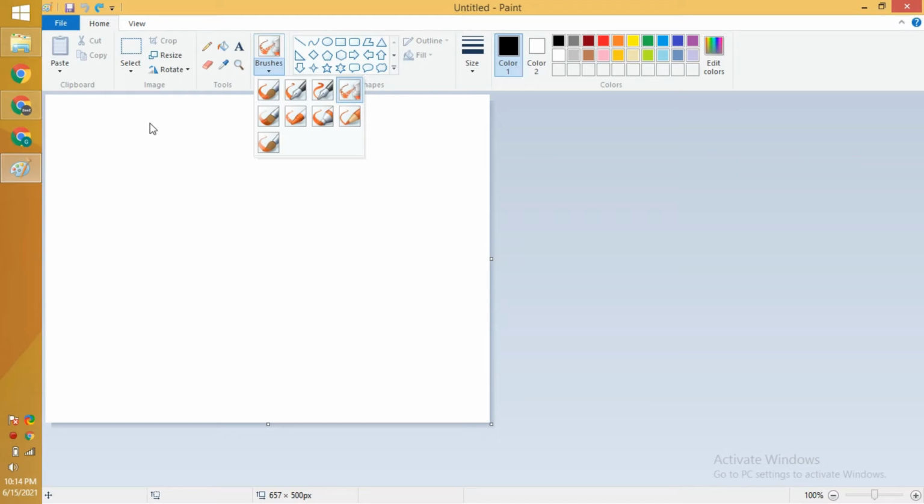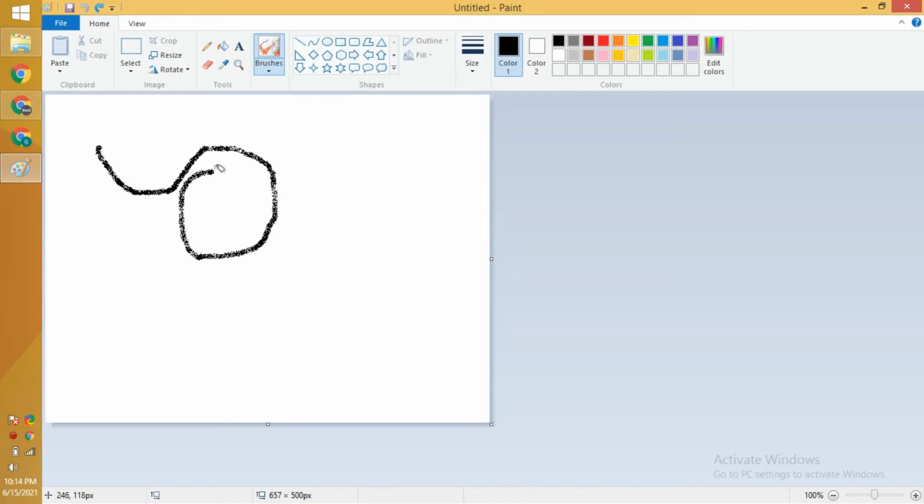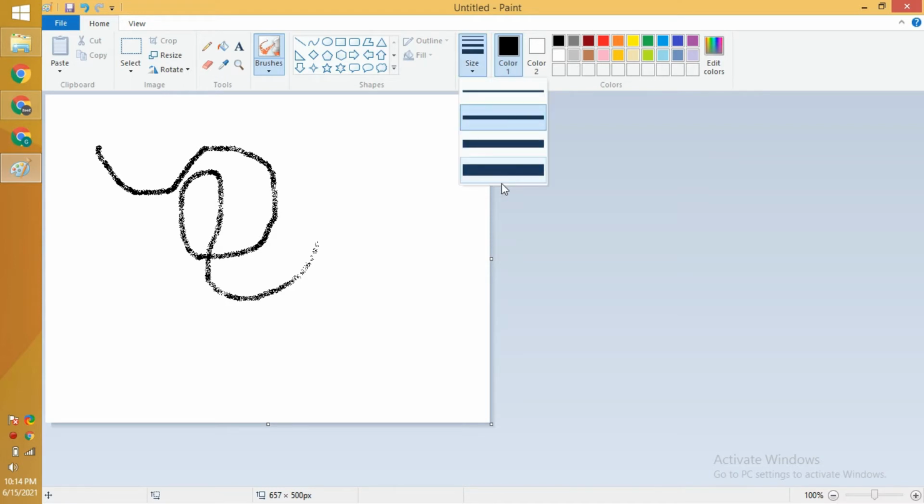So you can see what I will do. I will press the left click of my mouse, and I can drag from here as well, and I can draw some shapes. Let's suppose I want to change the size of my brush. Here is the smallest size, here is the small size, here is the medium size, and here is the large size.